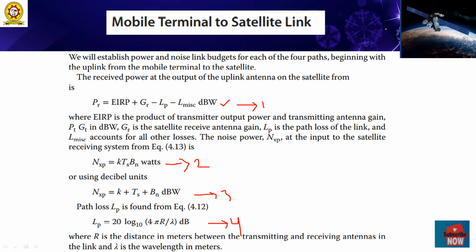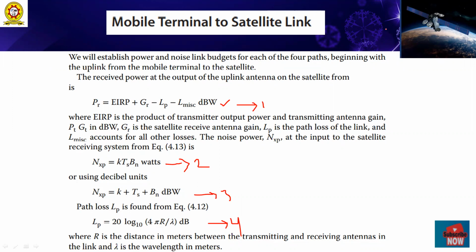So very important for the problems. Why? Because path loss equals 20 log 4 pi r by lambda. Very important formula. Suppose one can take an exercise on the uplink frequency, for example, the uplink frequency given is 1650 megahertz, for a given wavelength 0.1818 meter. So what is the maximum range from one station to another station, which will take 2200 kilometers? Then how to evaluate this path loss?